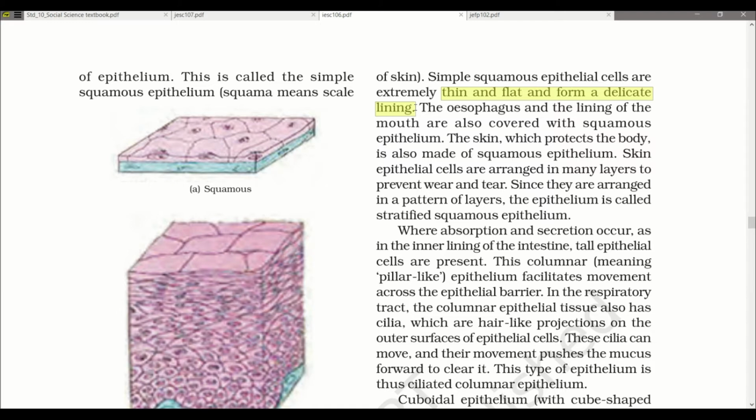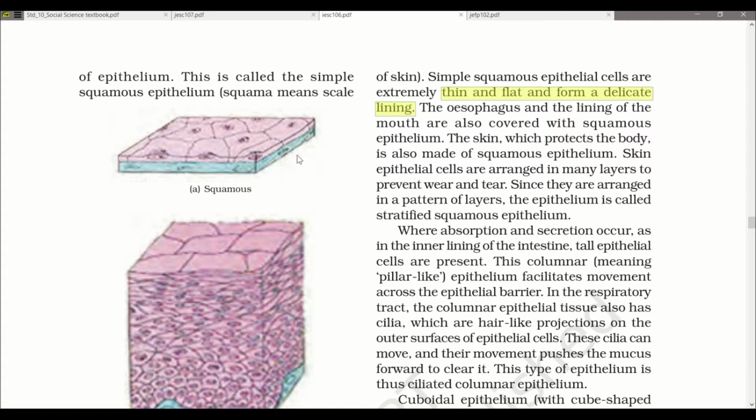Skin epithelial cells are arranged in many layers to prevent wear and tear. Since they are arranged in a pattern of layers, the epithelium is called stratified squamous epithelium. So now we are studying the different types of epithelial tissue. The first type of epithelium is squamous. That means the scale of the skin. The first simple layer forms the